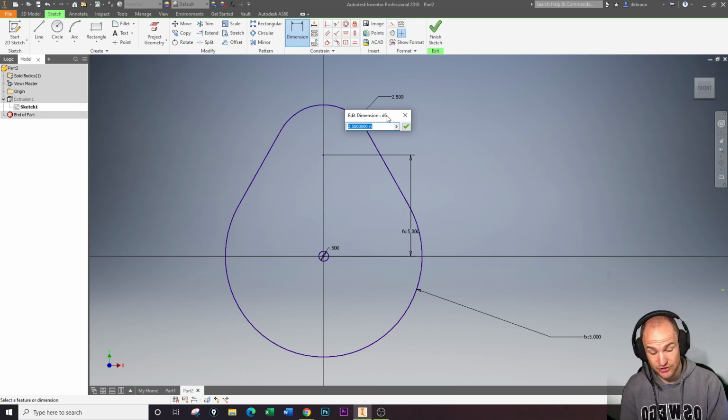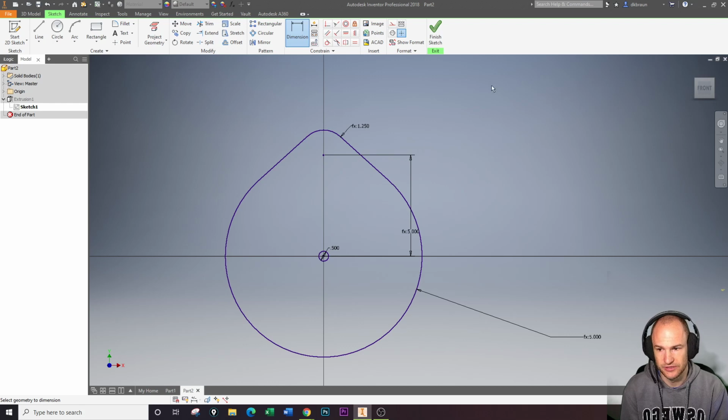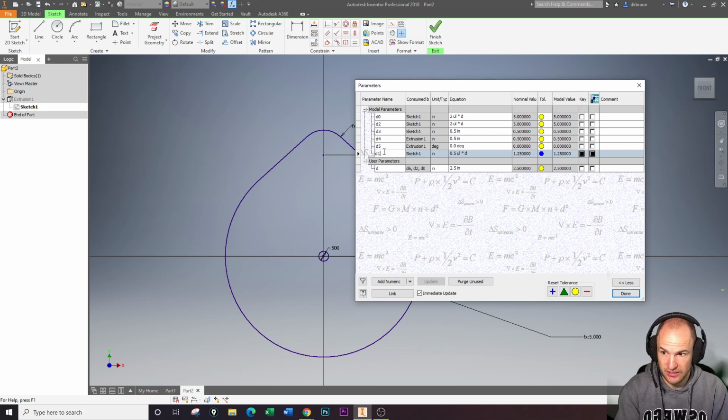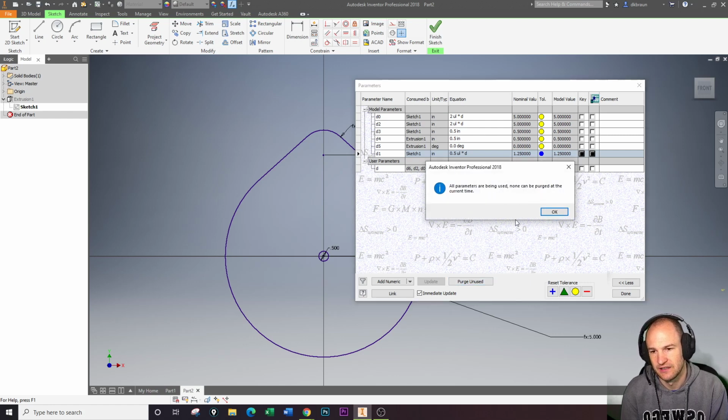Now that's not really an issue here. If it was supposed to be 0.5 times D, I could change that. The issue here is on the parametric chart, your D1 is still always going to come up as D1. So you actually have to go in and change this to be D1 now, if you want this to be D1 and things to reference it. Like I said, in this one, it's not a big deal. There's not a lot of things. But in the next two that we're going to do, because we're going to do two more of these after this one,